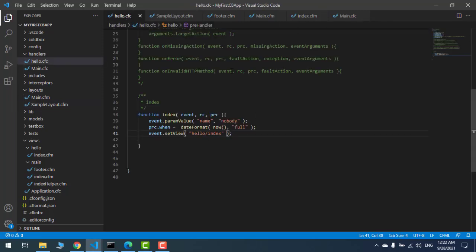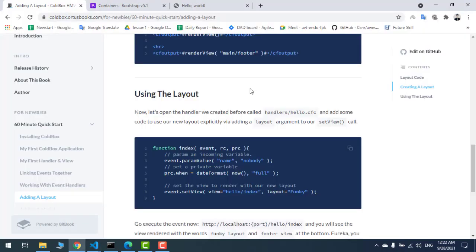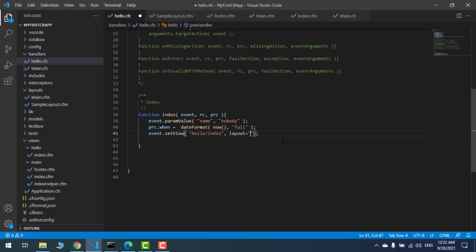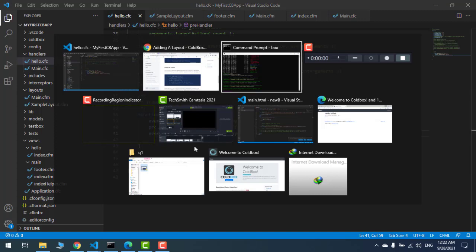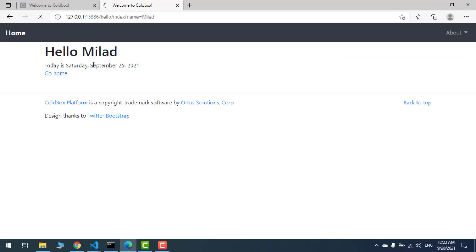So here I should say I want to have a layout, the layout I created with the name of sampleLayout. So if I refresh the page of the project,